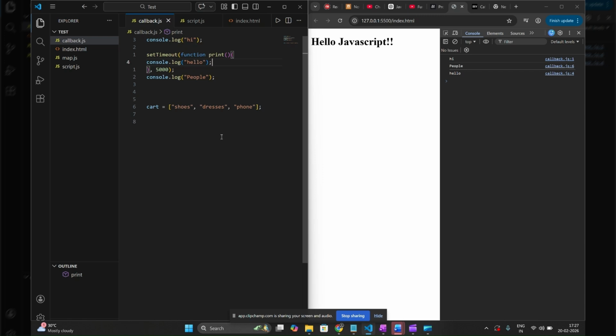Hey, hello everyone. Today we are going to see what is the problem with callbacks in JavaScript. We know that callback functions are very useful when we want to implement something asynchronous in JavaScript. So we can have synchronous callbacks as well as asynchronous callbacks. Let's say setTimeout is an asynchronous API and it takes in a callback function as an input and